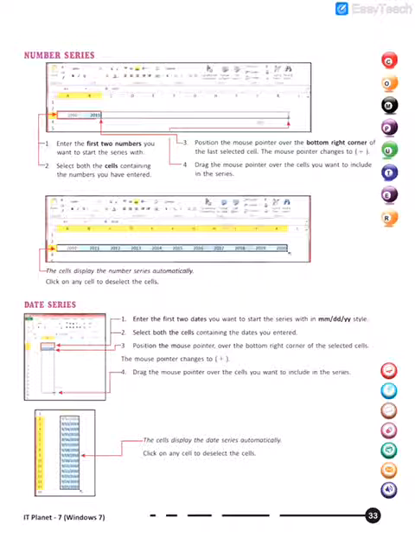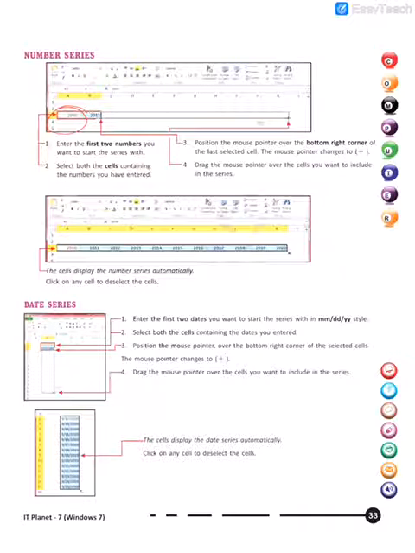Now similarly we can create a number series either horizontally or vertically. Like see, we have written 2010. Now again move your mouse pointer in here. The moment it changes into a plus sign, like you can see the plus sign, then drag it towards the right, you will see this series created.